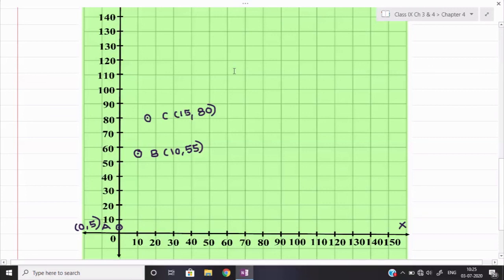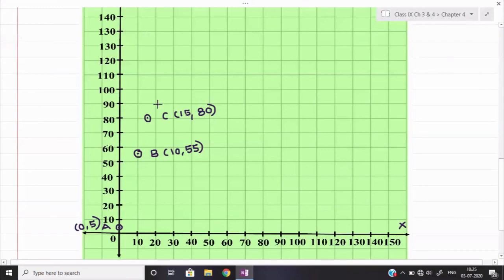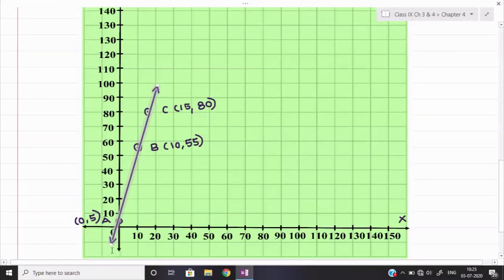Now just draw a line between all the 3 points. So let us draw a line. Here we need to adjust my line a little bit, because it can be drawn perfectly on the graph paper only. So this is the way we can draw a line between all the points. And this much only they have asked of students.